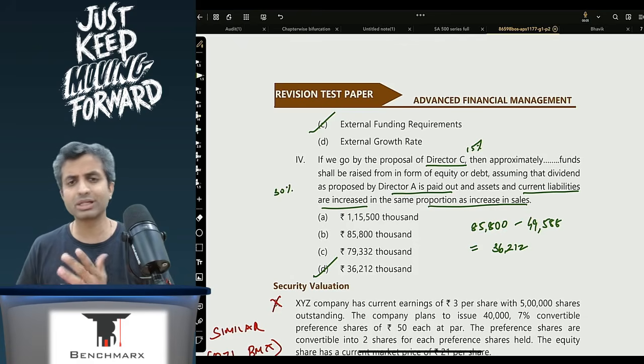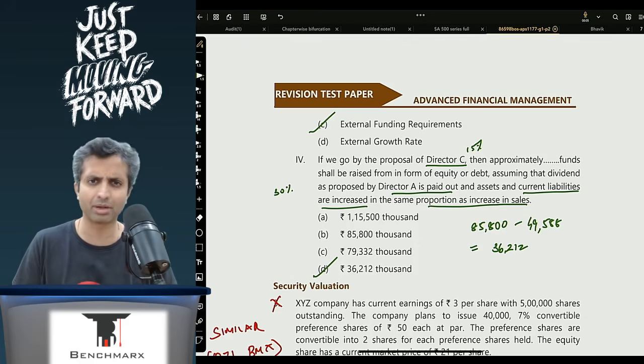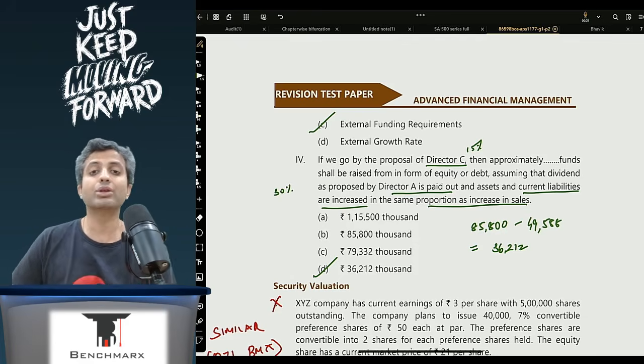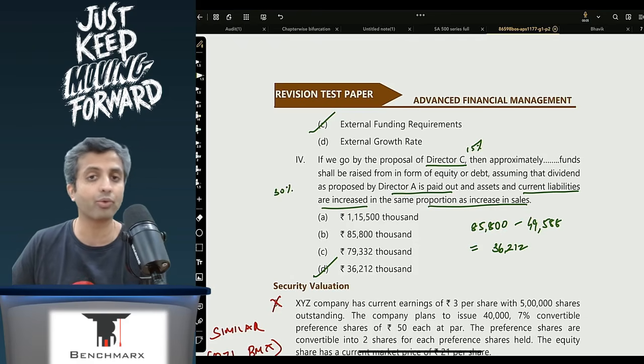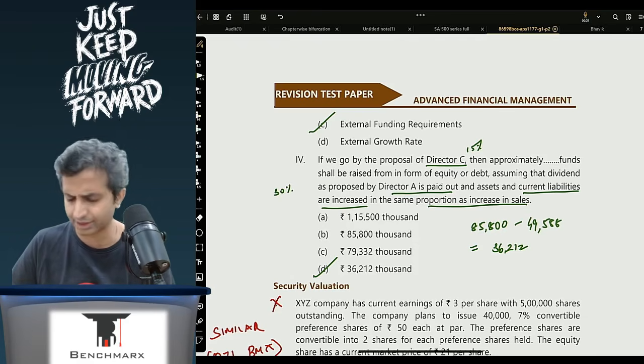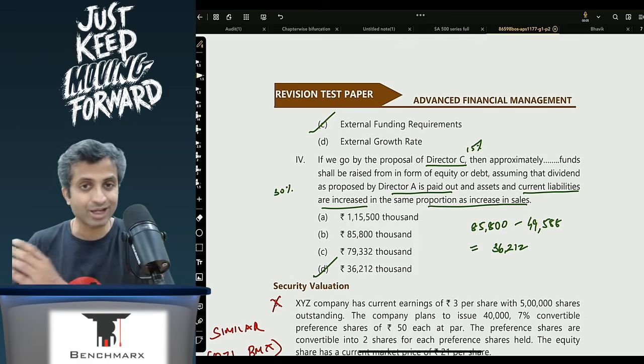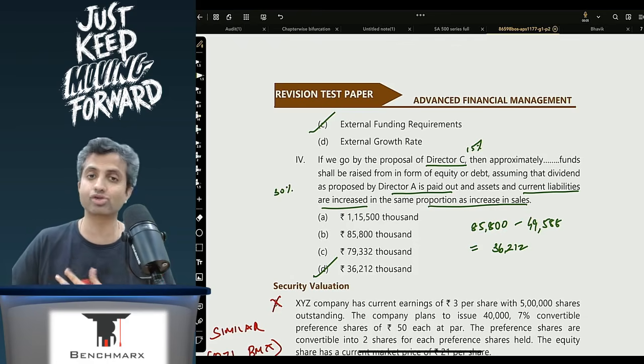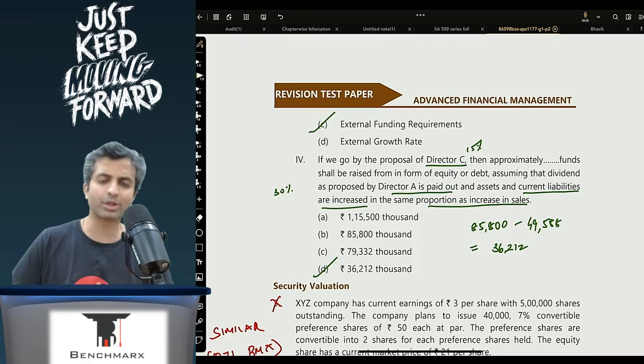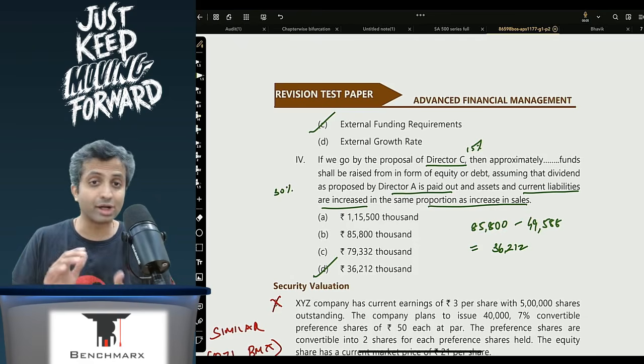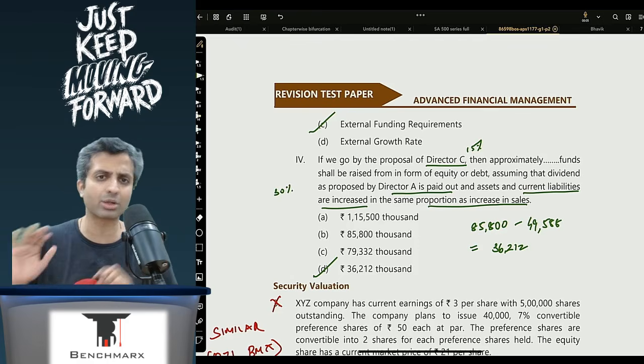Now, if I'm not wrong, this is similar to question number 59 or so of our material, or the institute has put this as question number 1 of your financial policy. Over in that question, beyond this, there were some additional adjustments as well. That is how much of debt you should raise, how much of equity you should raise, consider long-term debt, short-term debt, considering various ratios that were given in the question.